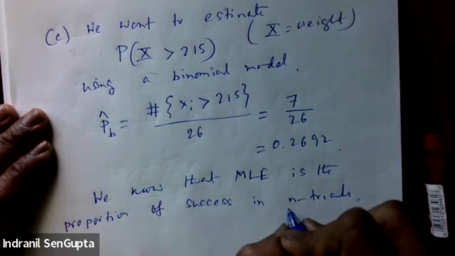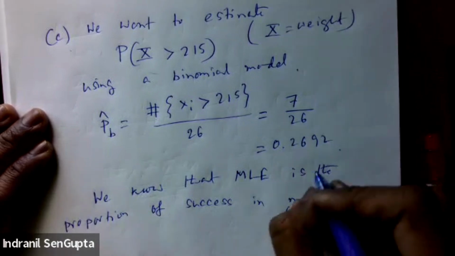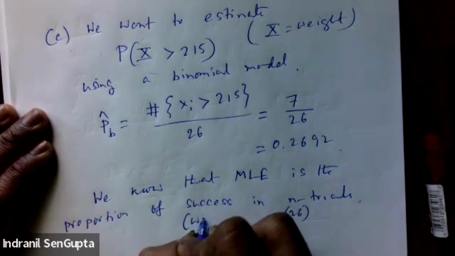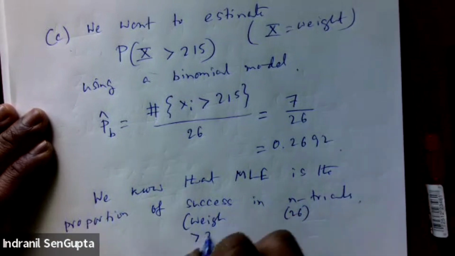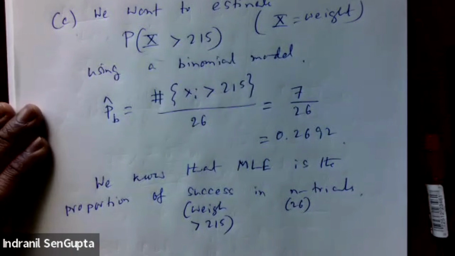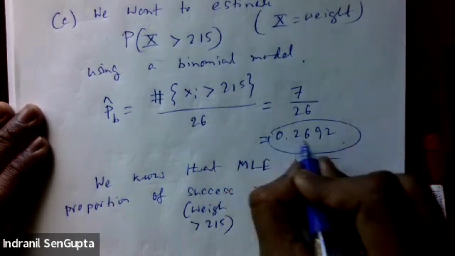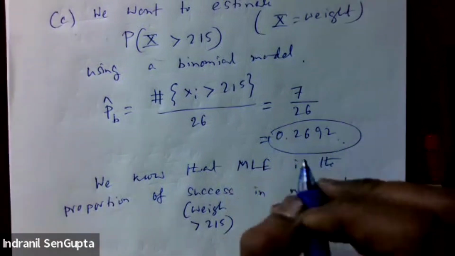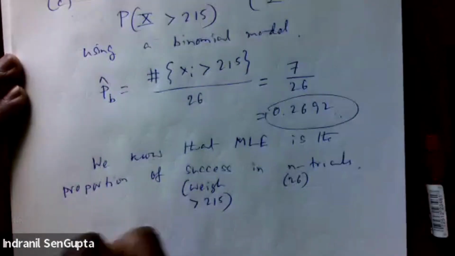In our case, n is 26, and success means weighing more than 215 pounds. So in our case, the sample result is 0.2692, and hence the required proportion